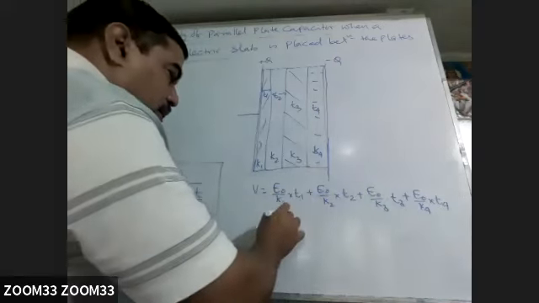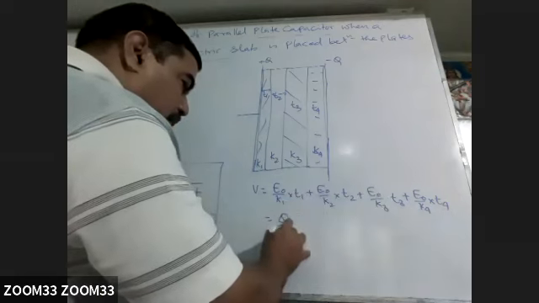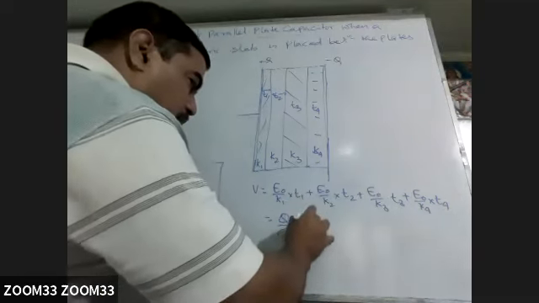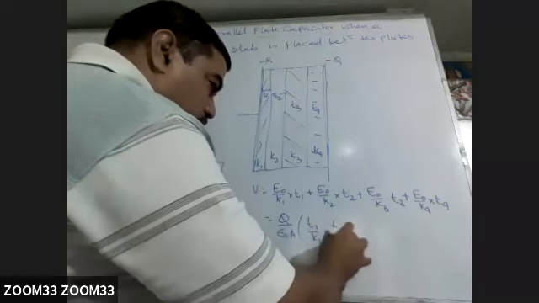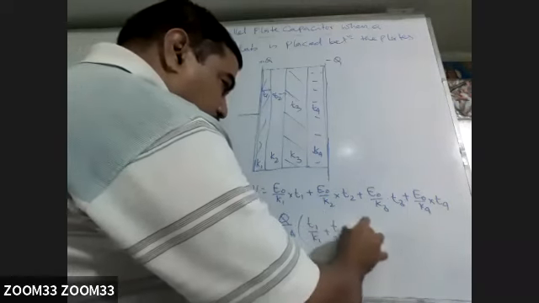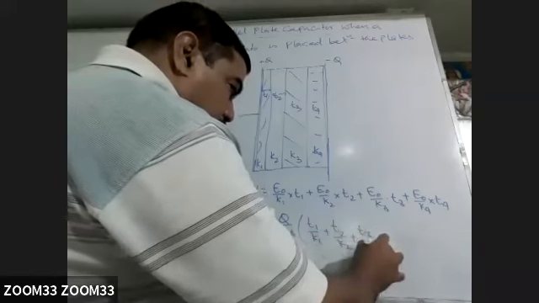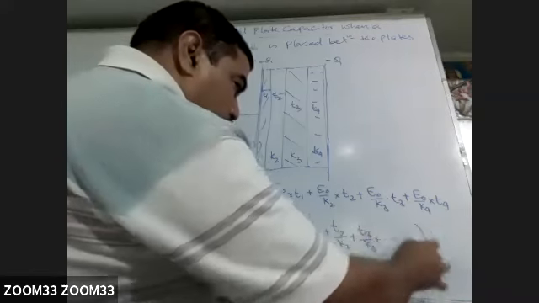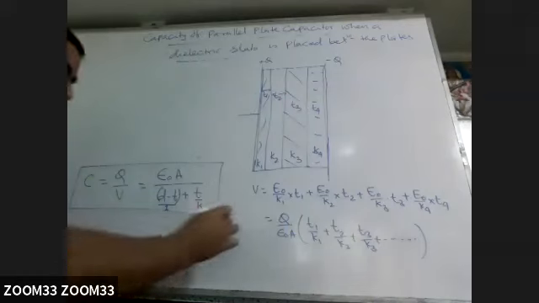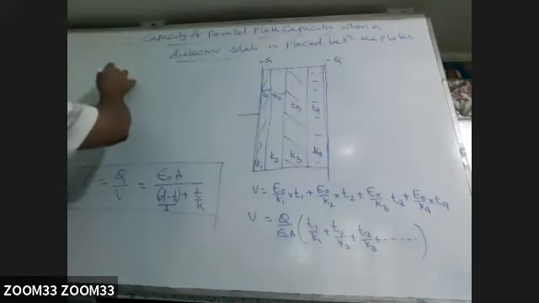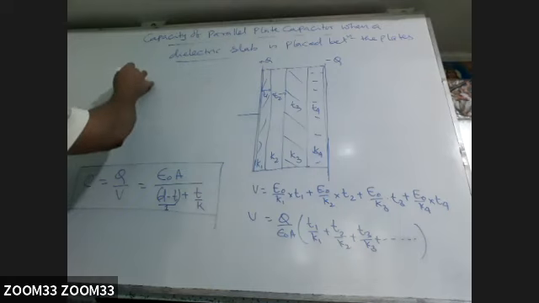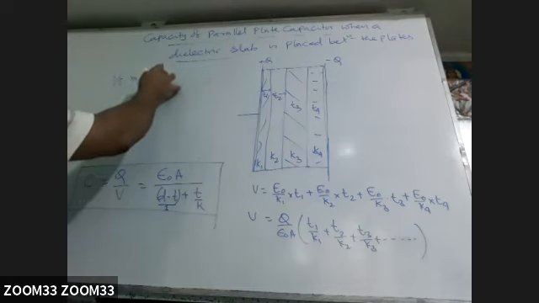If you take E naught common, Q over epsilon naught A will be common. What is left? T1 by K1 plus T2 by K2 plus T3 by K3, plus so on. If so many slabs are there, then we keep on like this. So if many slabs are inserted,